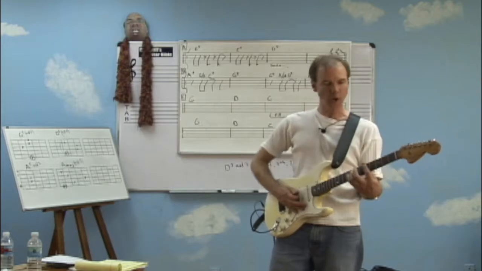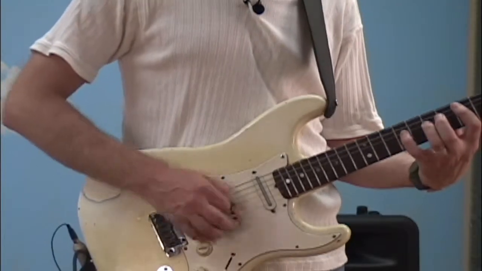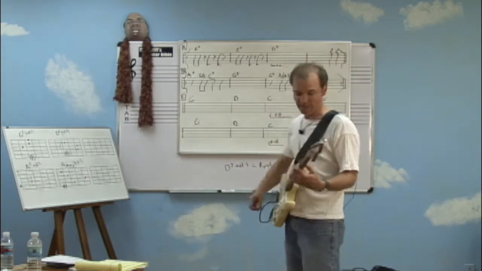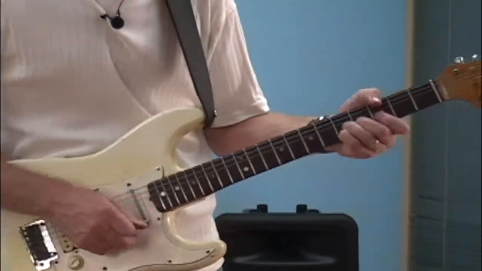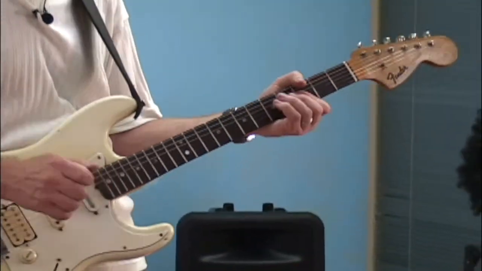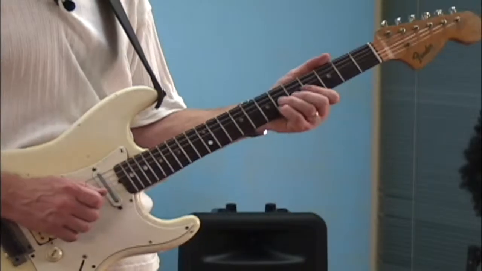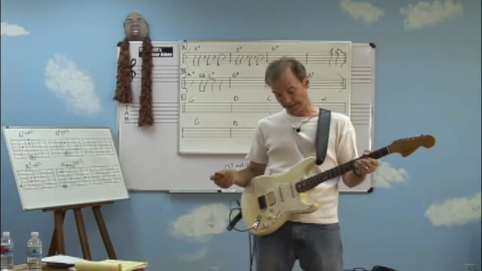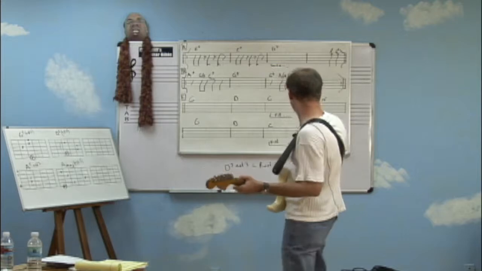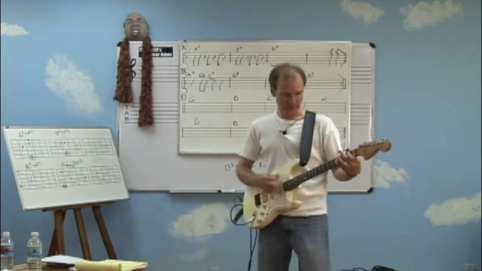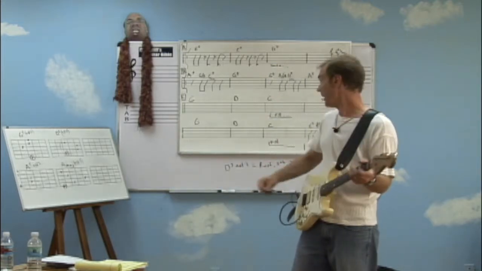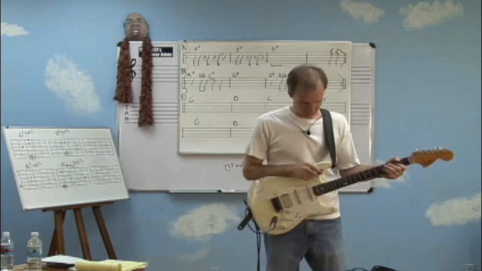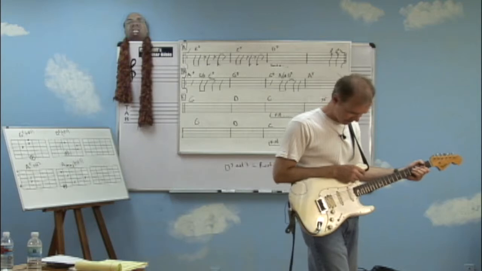Okay, and then we go to just a simple kind of a bluesy boogie woogie part there on the D chord. And then on the C chord, just a double stop approach there to make it a little bit more interesting in a melodic way. And then finally on the last time, we just go back to the power chords, which is going to lead us back to the top. Okay? So that's going to put it all together. It's going to sound